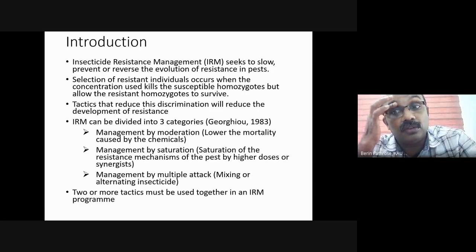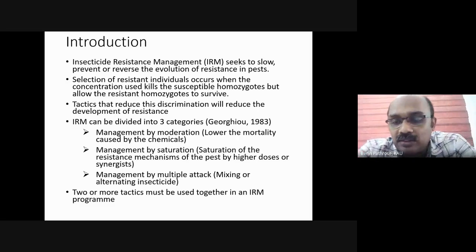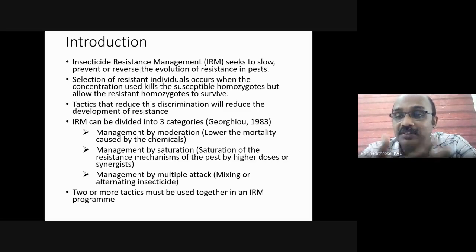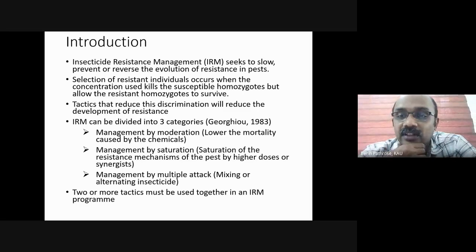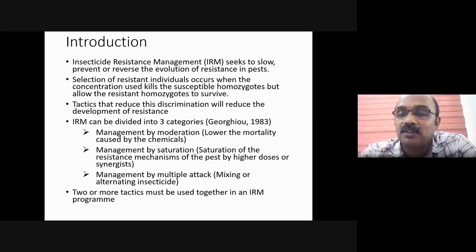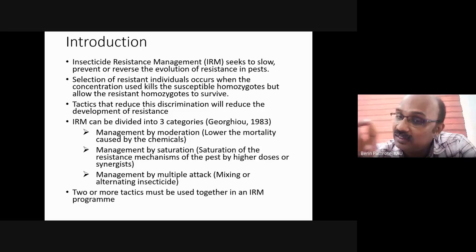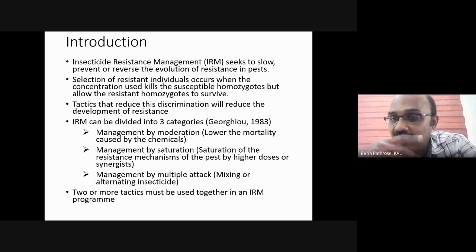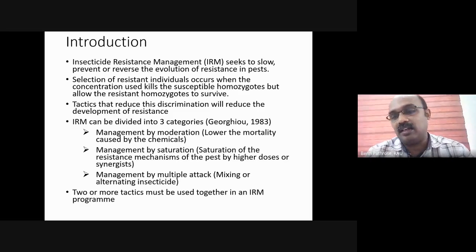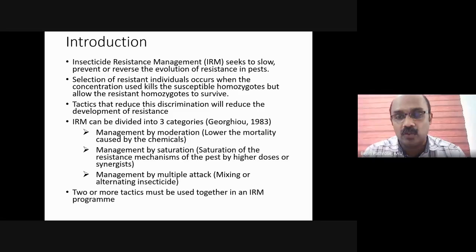So that fitness cost will have, you have seen what is the deleterious effect of resistance in insect. So if you are not exposed to that particular stress or particular selection pressure, slowly the insect will come back to that previous one. So genetically it may be there. Then how it can come back? So one thing I'll explain this. Take the case of Helicoverpa.